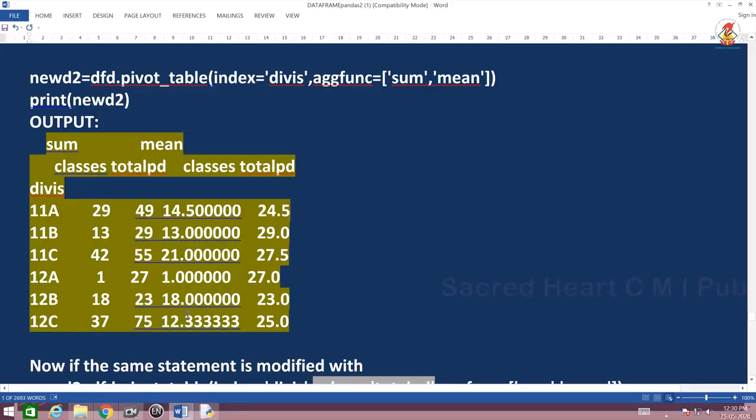Okay, this you already saw, remember? Classes sum is coming, which you have already discussed. Now this one is the total period of each class. By adding up the total period of each class, if you have more than one class where you have the total period, that will be added up and that sum is shown. So first sum is shown, and what is this? The mean. The first mean, you remember, is the corresponding mean of your classes taken, and this is the corresponding mean of your total period.